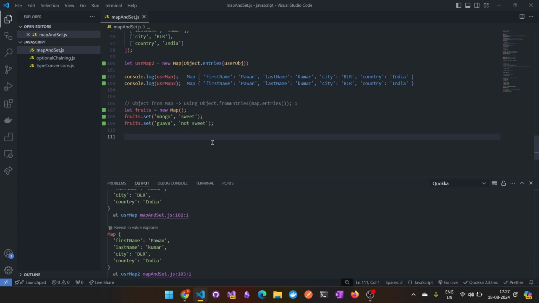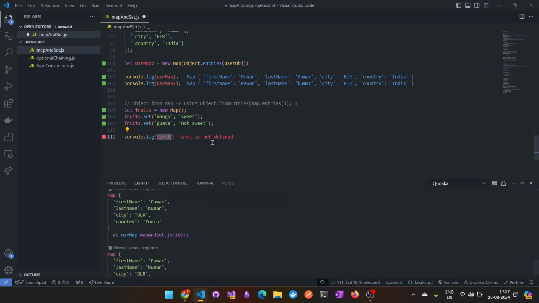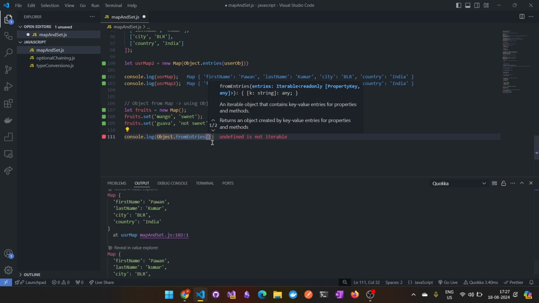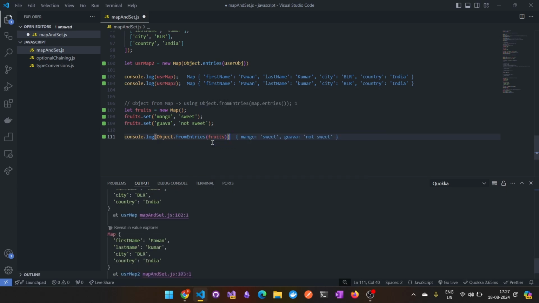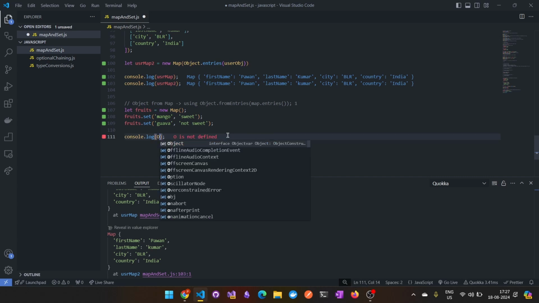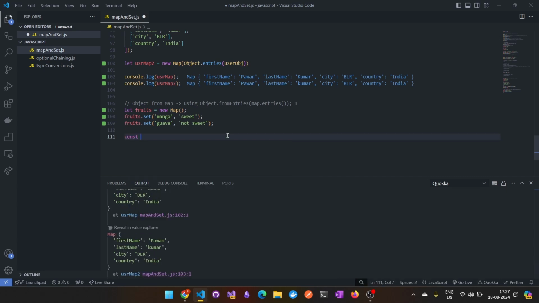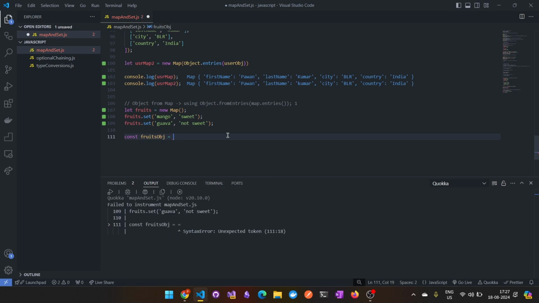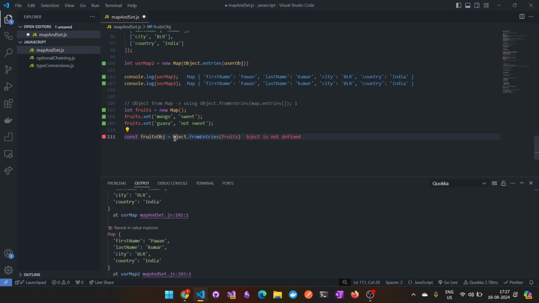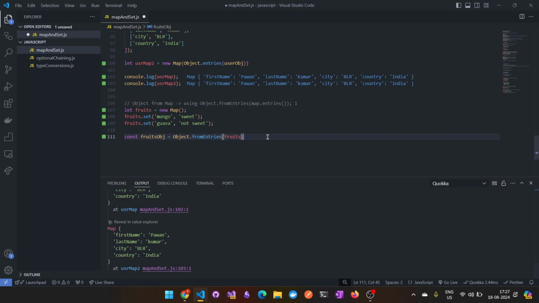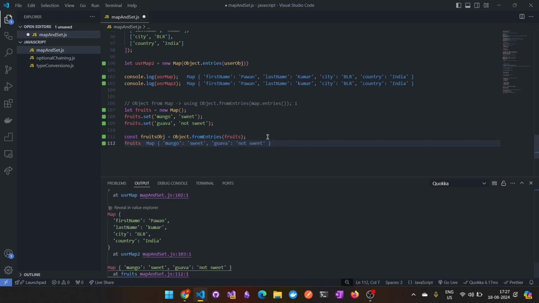How can we do that? We can do that with the help of object dot from entries, and then we can pass the fruits. So you see, we get the plain JavaScript object out of it, not a map. We can also assign it: const fruit obj equals to something like this. Then when we try to print the fruits object,